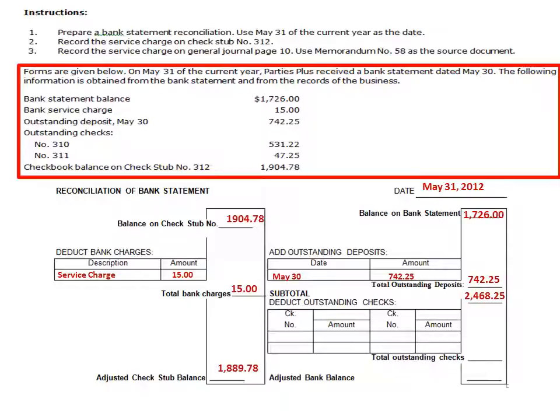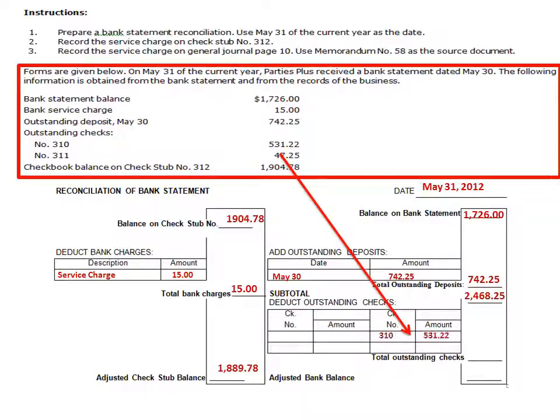These are checks that people have written, that we've written, that maybe have not cashed. Maybe a person hasn't deposited them yet. Maybe it got lost. Maybe it got deposited similar to the outstanding deposit, where it just didn't get there in time, and the bank statement was printed before the checks were cleared. So either way, not a big deal. But we want to make sure we reconcile these so that we don't think we have more money than